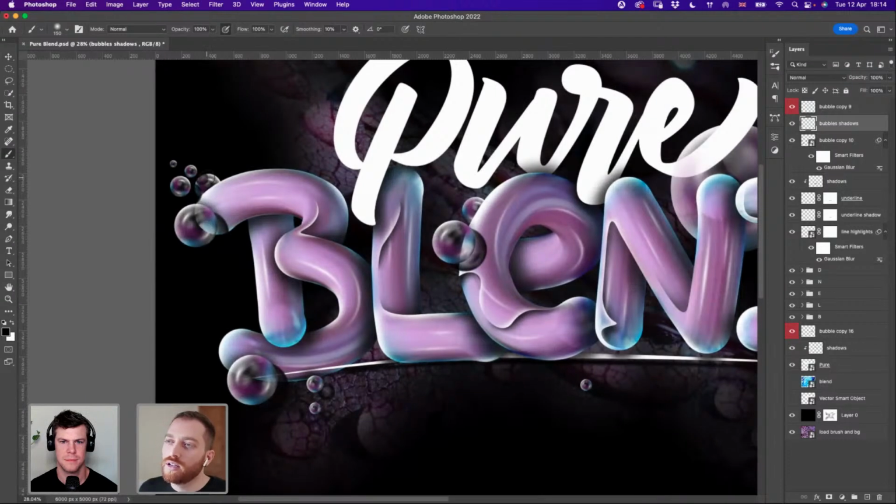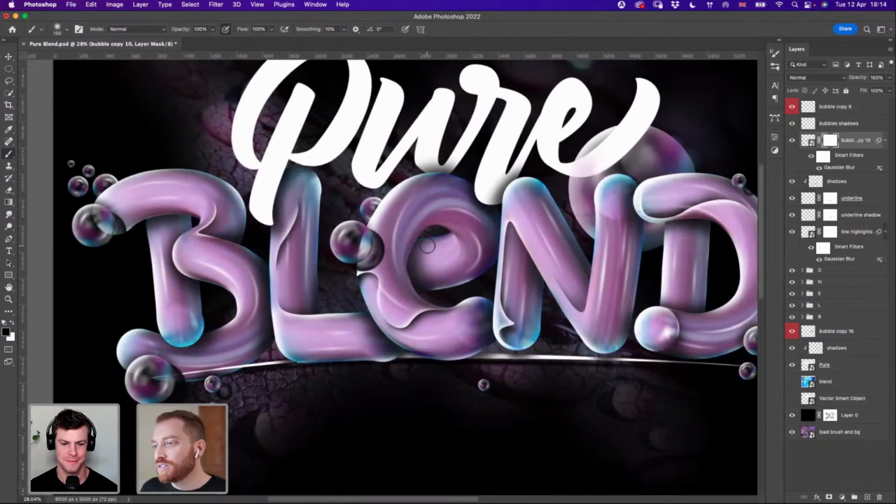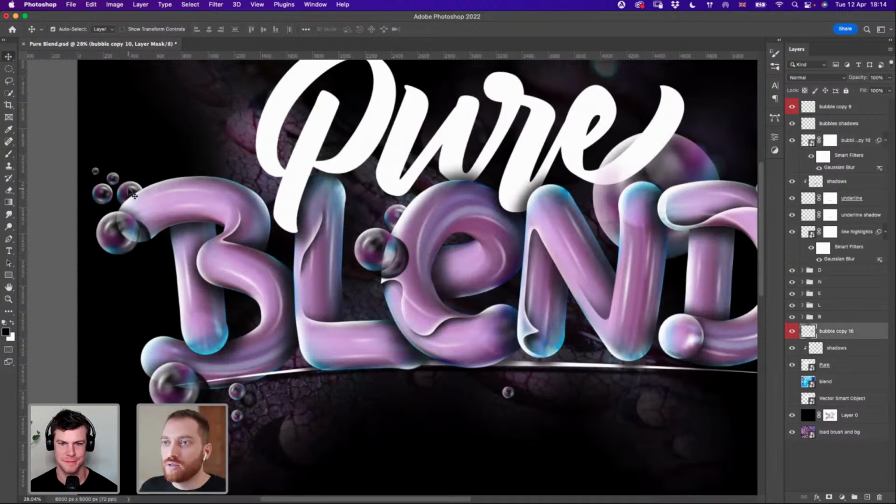I don't like the shadow on top of the bubble here. Right, it's overlapping it. Maybe I will hide that with a mask. Like this, look at that. And here I didn't like that, so yeah. And I think the rest are good. So on that one, I will add some shadows with a clipping mask. In this case, it will work, so from the letter B to be on the bubble, and the same as here.